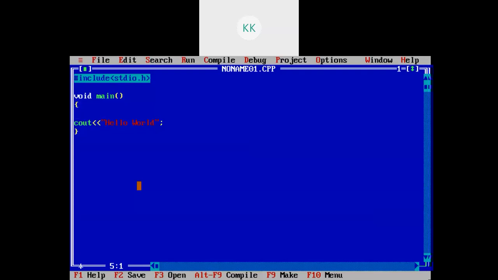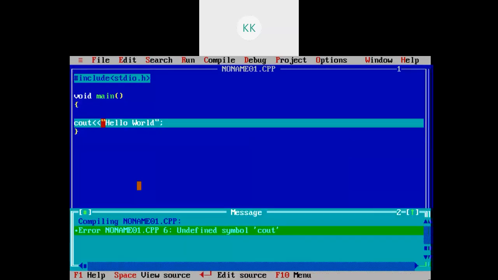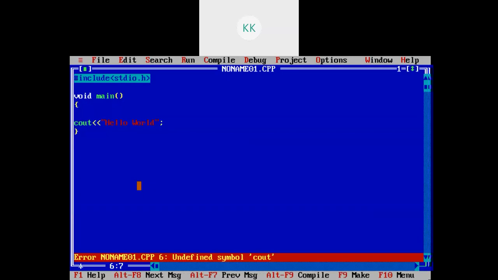So I will try to run it. So Alt F9, definitely it will give some errors. So what errors are there? Alt F9 is used to run or compile the program. So what does it say? Undefined symbol cout. So cout is an undefined symbol.